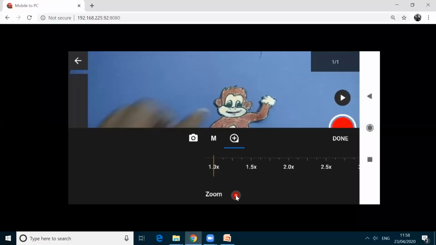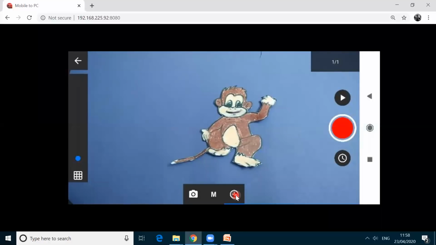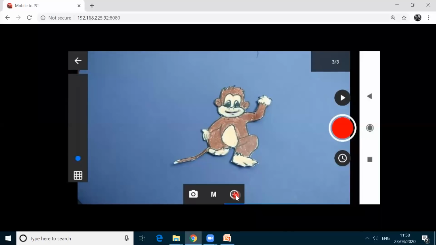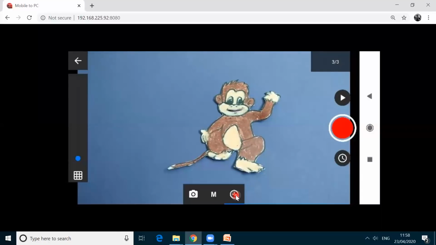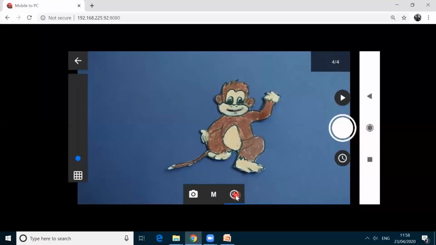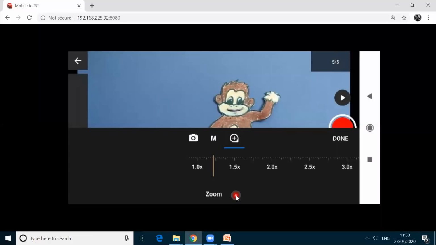Okay. I am taking one photo, and then I'm pressing this zoom. And then again I'm clicking. Again I'm moving.